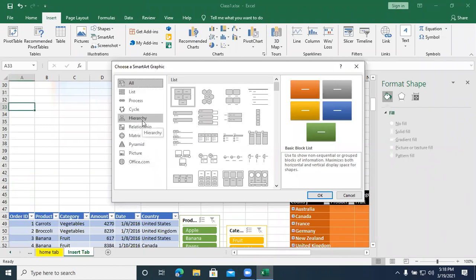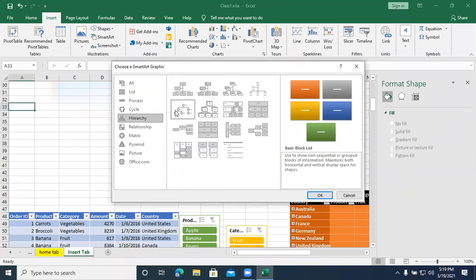I just take hierarchy. I take the circle picture hierarchy chart.